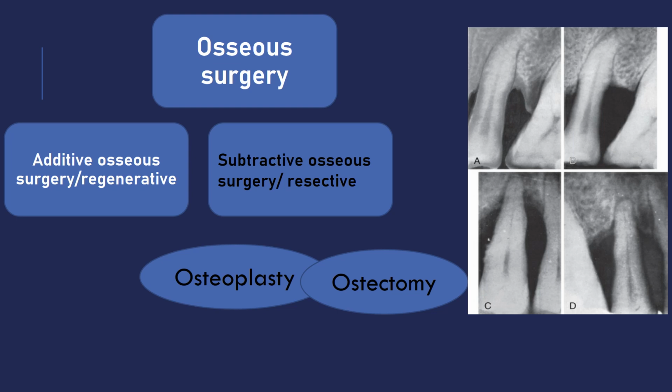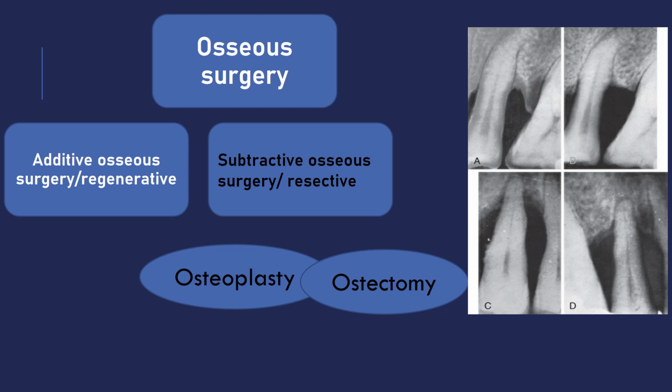Then coming to osseous surgery, what is osseous surgery? We already learned about it. What are the types of osseous surgery, and how can we attain this physiological form? It can be either additive osseous surgery, meaning the formation of bone, where regenerative periodontal surgeries are done to add bone, or subtractive osseous surgery. Additive osseous surgery is regaining or restoring the alveolar bone to its original level, whereas subtractive